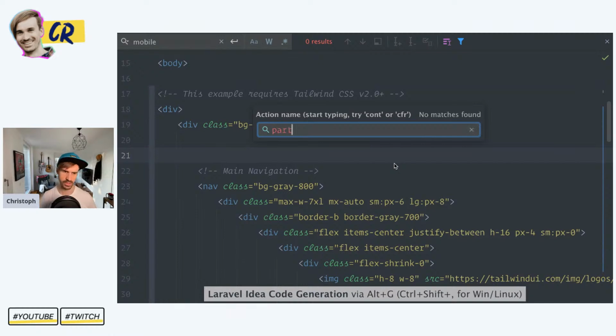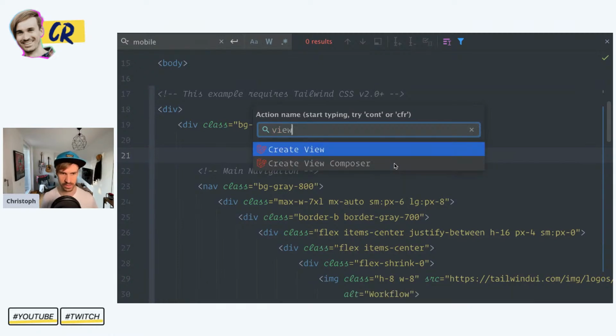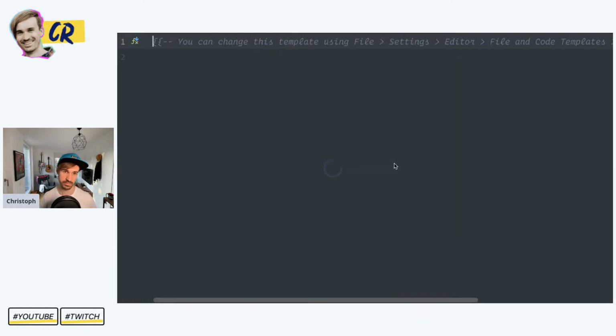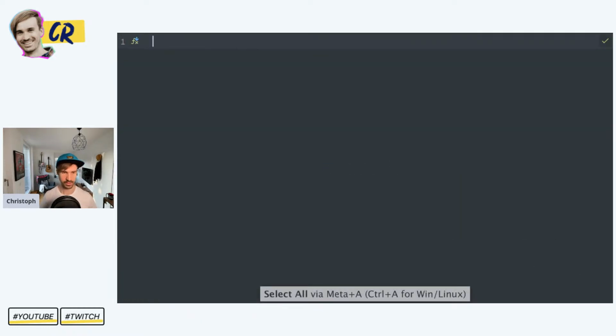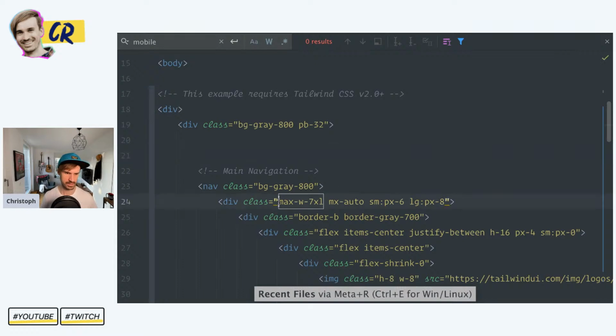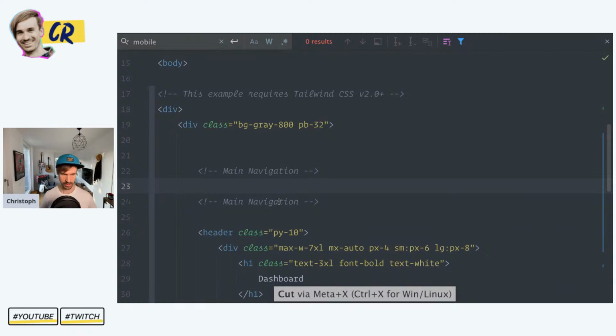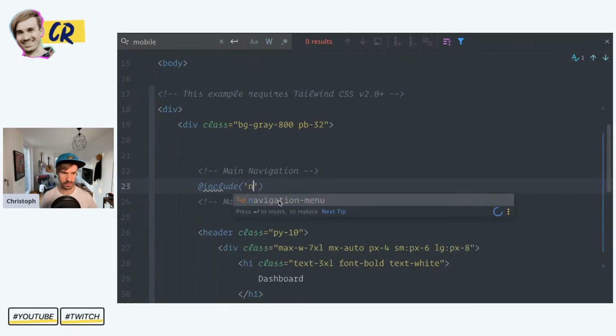So I want something like a partial. No, but there's something like a view file. Okay, let's do this real quick. Let's call this partials, and I think we can do it with a dot: partial main nav. Okay, now let's select all of this here and let's include our